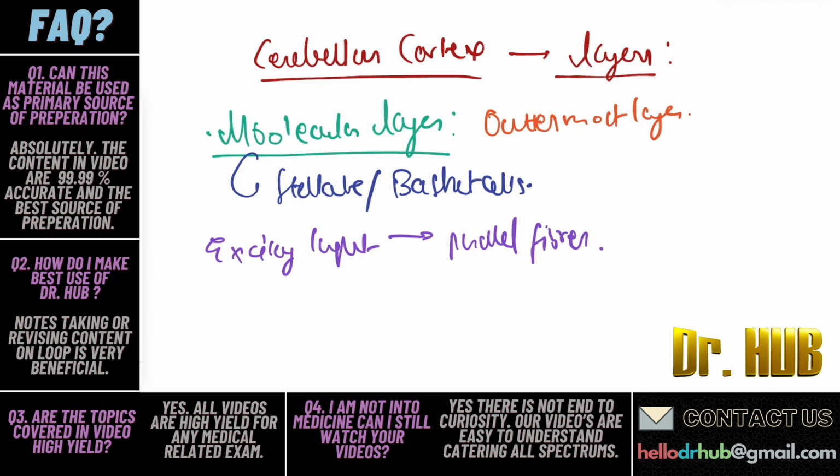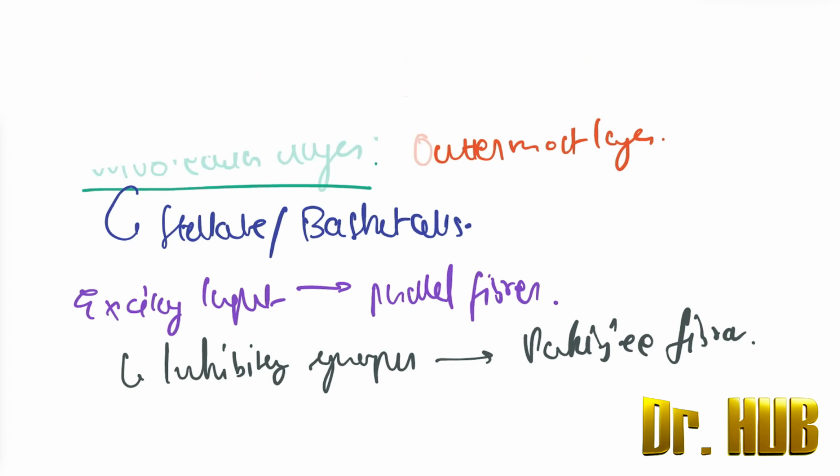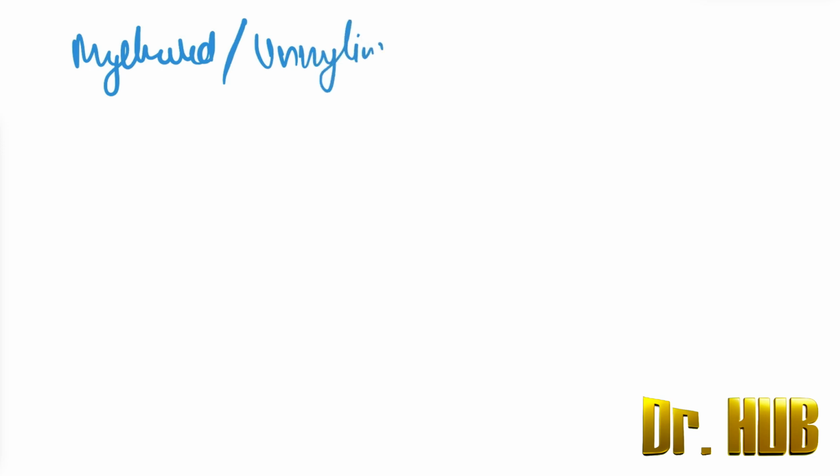They form inhibitory synapses on the Purkinje fibers. The molecular layer may contain myelinated as well as unmyelinated nerve fibers,